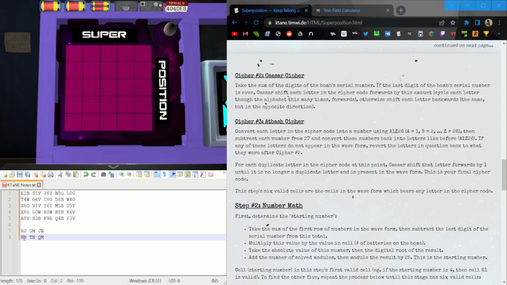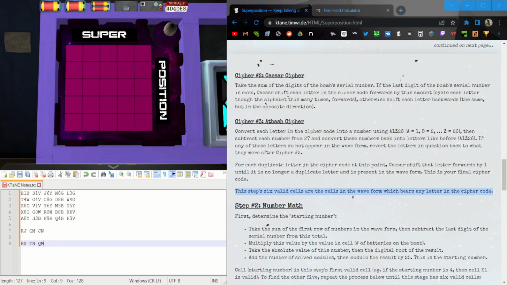About which one I did, it didn't matter because we're going to get 6 cells anyway, and it would have gotten the same result. And the 6 cells, it doesn't matter the order. For any of these subsets or steps, the order of which we get the cells does not matter. So we're going to take the cells that have these letters, and those are going to be our first valid